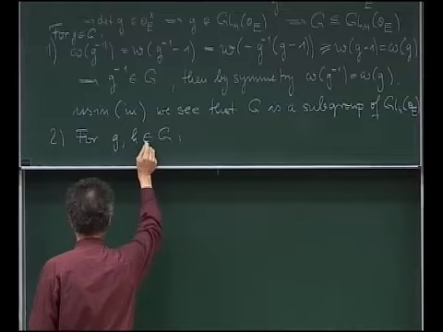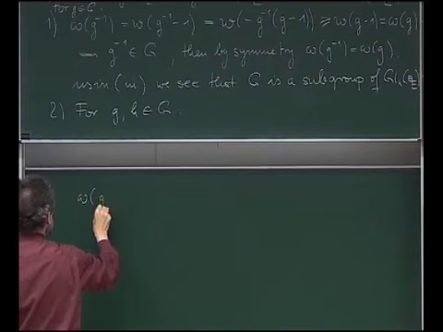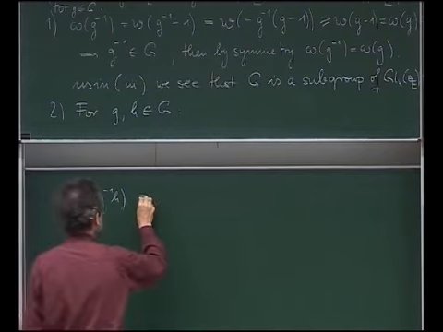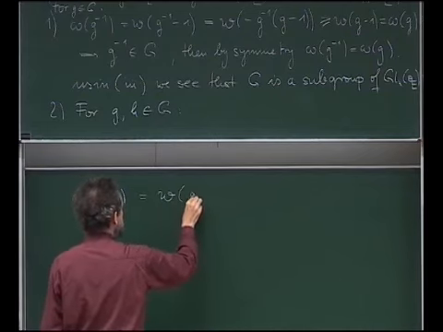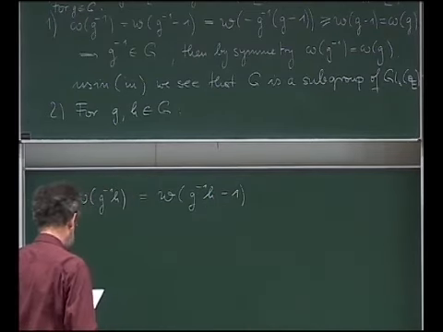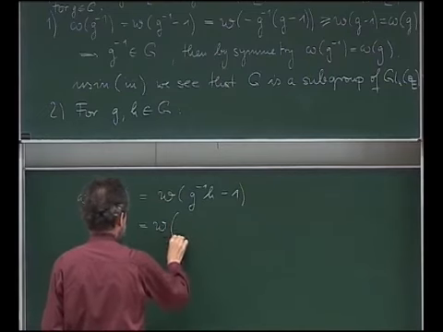Okay, so then next, for 2 elements now, omega of g minus 1 h is W of